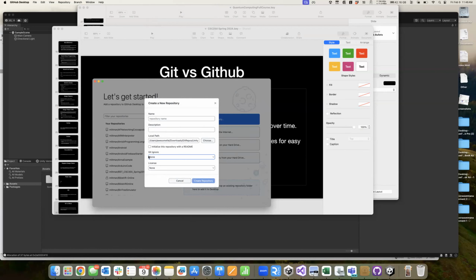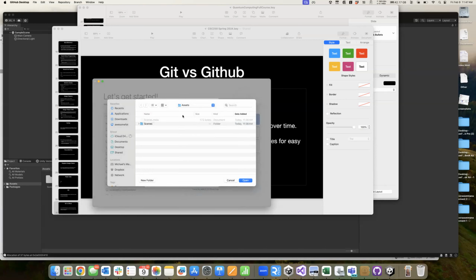All right. So I'm not going to do anything with gitignore. And what I'm going to do is create my repository, and the name is going to be scripts. I'm going to make our scripts folder inside of our assets folder our Git repository, so it'll only be our code. As long as you always put your code inside of the scripts folder, it'll only be the code that you'll be sharing with me. Now for the local path,